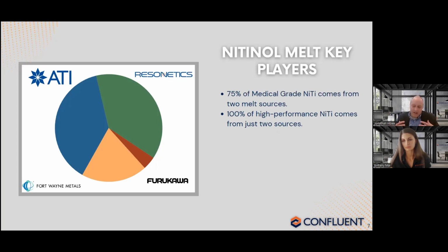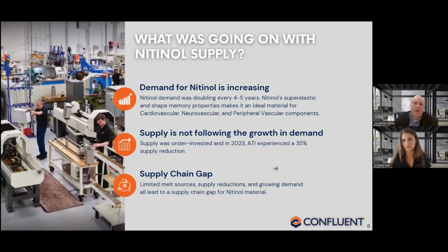We want to look at where this supply gap is coming from and what the challenges are that we're having. But I wanted to frame that first. So what's going on? Let's go to the third topic, the third objective here, which is to